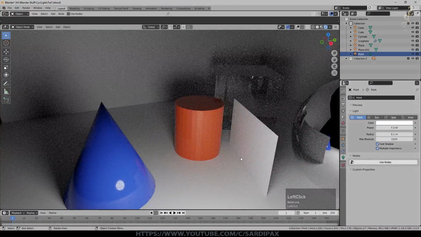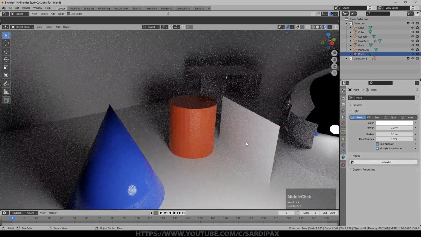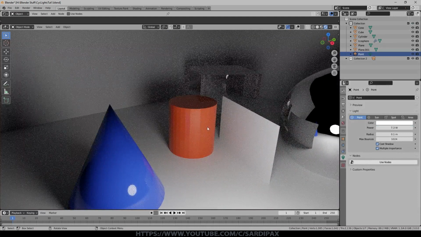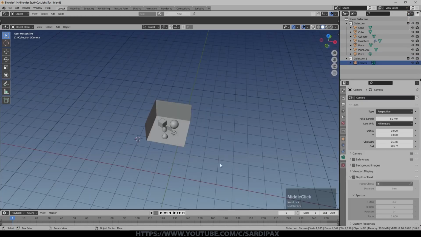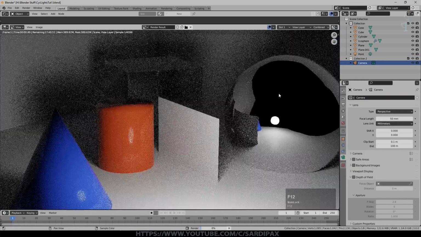What you should be able to just make out is that we've got some colour bleeding onto this paper, as it were. It's not showing up that well at the moment. Probably would show up more in the rendered view. So let's just put my camera and then we'll give that a quick render. So you can just about see it.